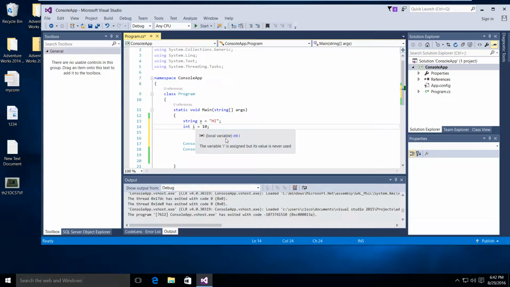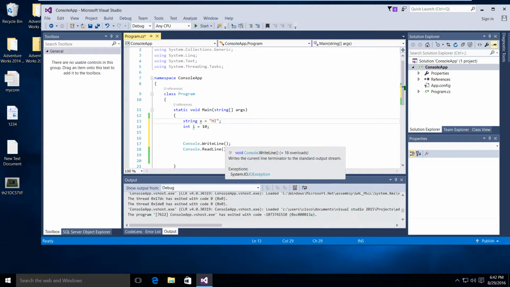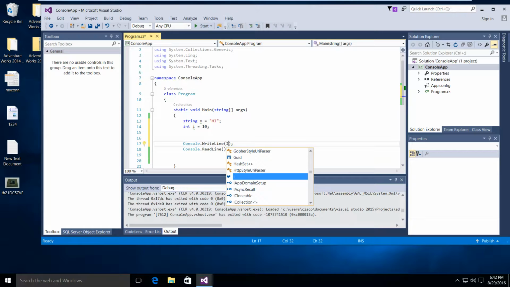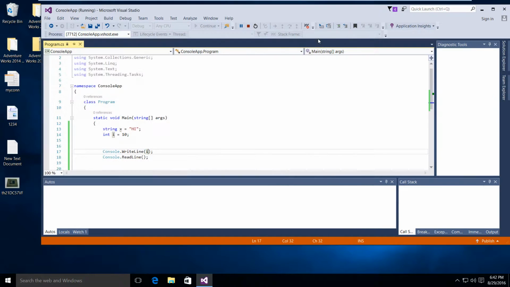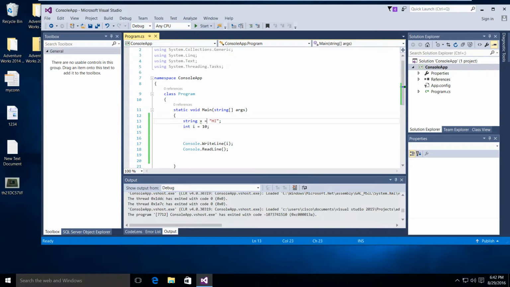So now I'm going to write out here I, right? Now what's going to tell the screen? It's going to tell 10. So what's the difference between string and int? Because I could do like this. Int I